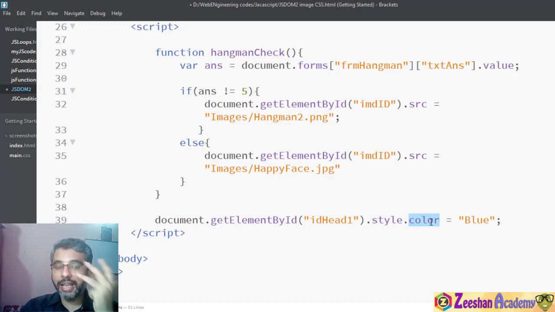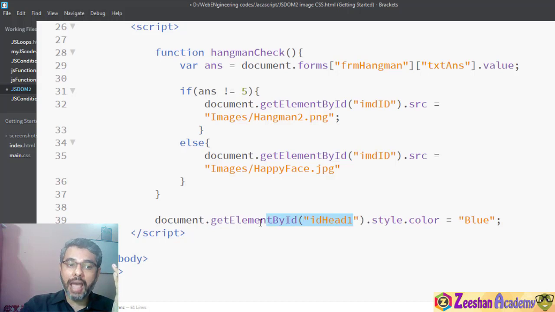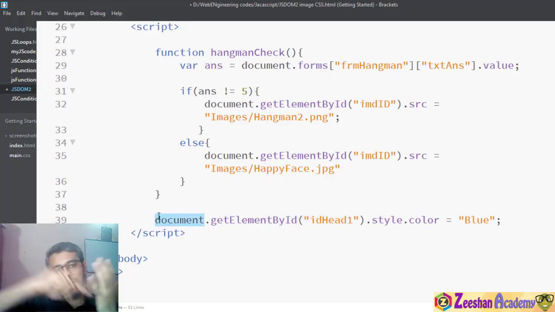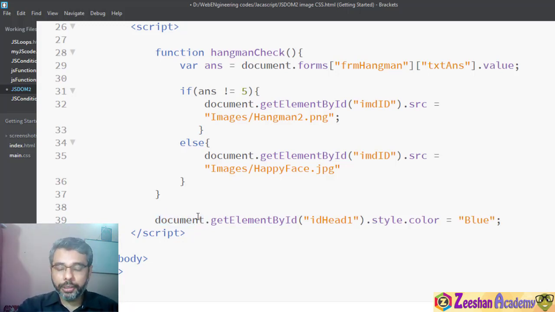Access that color, in other words, then equals value. So we are basically setting a value of this color, which is a style belonging to a tag inside a document. So again, hierarchical steps, no matter how you want to understand it. So again, document, read an HTML element, change its style.